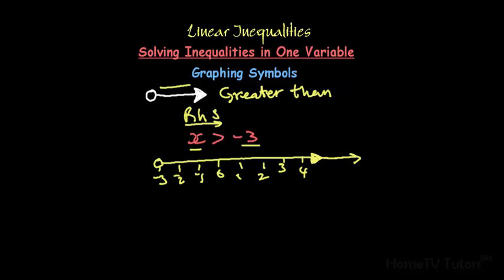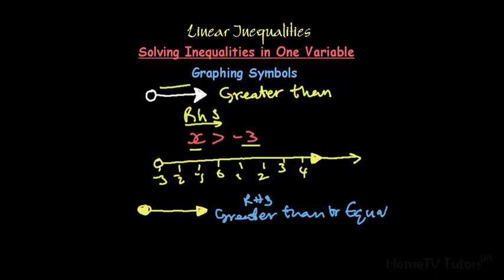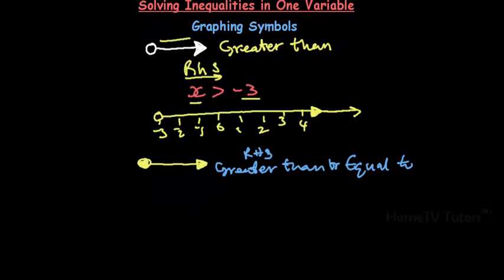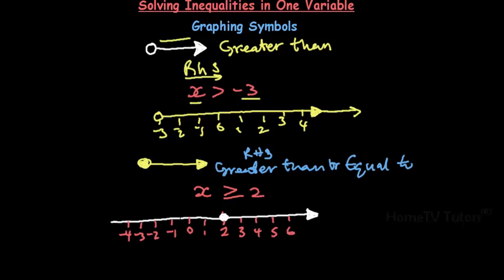All right, so let us see the greater than or equal to. The greater than or equal to has a closed circle and at the same time pointing to the right hand side. That is the greater than or equal to symbol. At the same time, let us draw the graphical symbol of that with the given example of x greater than or equal to 2. So now with the drawn graph of x greater than or equal to 2,